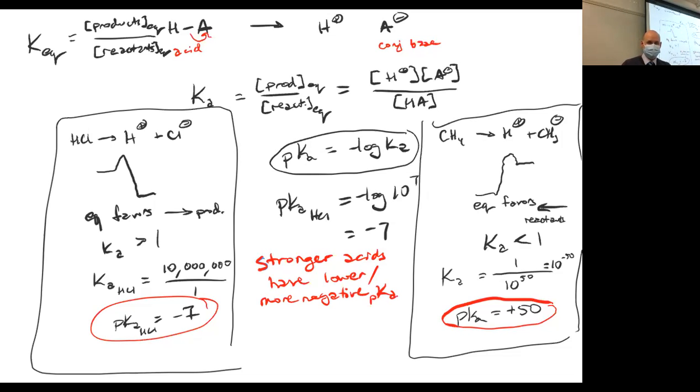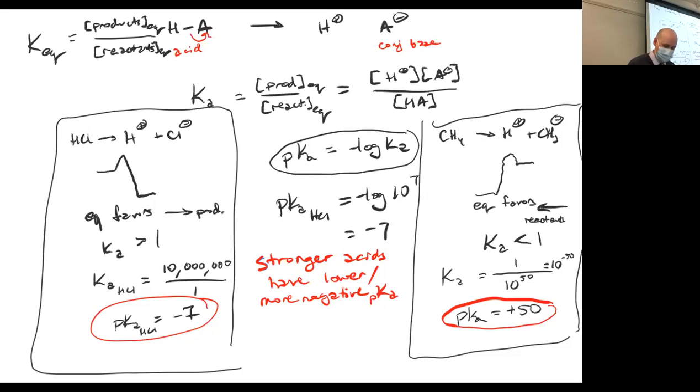HCl is a strong acid. This number is very low because of the mathematical operation that takes the exponent of the top and makes it negative. On the flip side, CH4 is a very, very weak acid. It is the weakest acid that we will ever think about in organic chemistry. It's just the sp3 C-H, because C- is basically our least stable negative charge. And so a reaction like this that has a relatively large or positive pKa is indicating a very weak